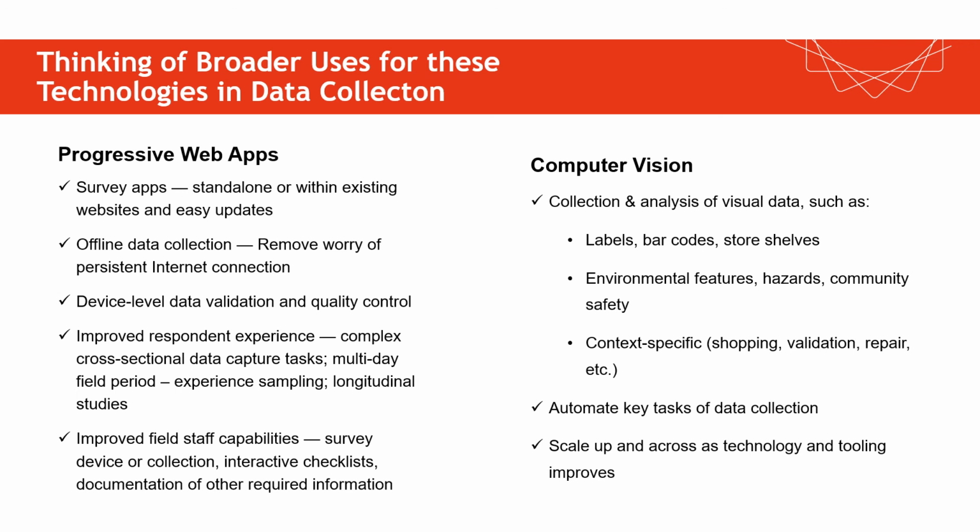Computer vision, as we've seen here, can help us to automate certain types of tasks. And again, this really helps us to scale up the type of work that we can be doing. Overall, both Gabriel and I really think that both progressive apps and computer vision have a great future in our industry. There's a lot of different things that they can be